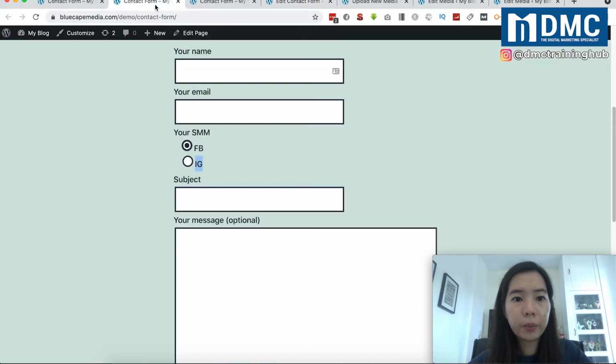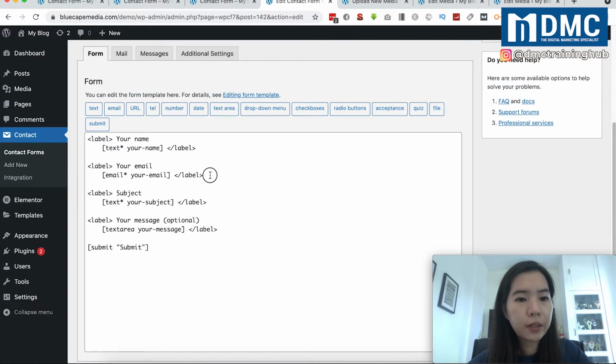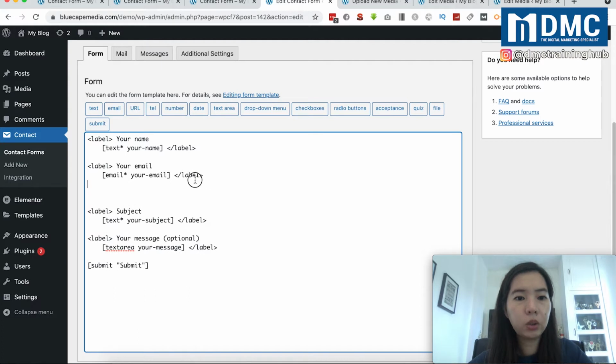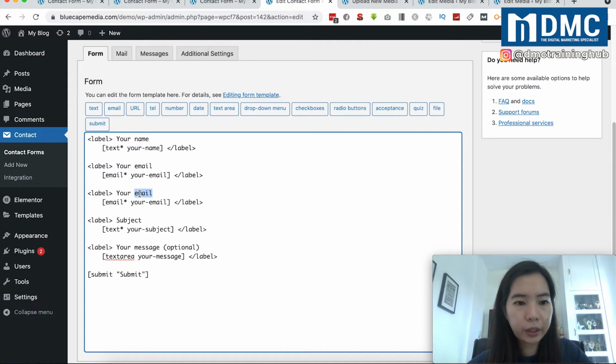Right now, I'm going to add a normal radio button like this to show the Facebook and IG text. Right after that, we are going to replace that with an image right here. So the concept is the same. Let's say I want to add the radio button right below my email section. So I'm going to copy and paste the whole tag from email, and right here I will change it to your social media